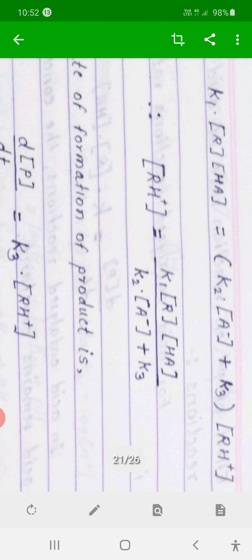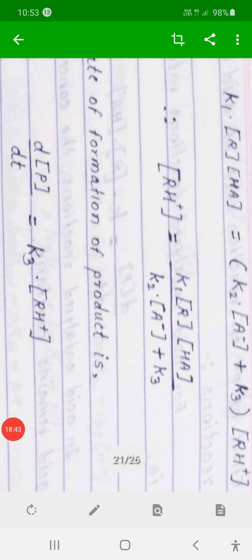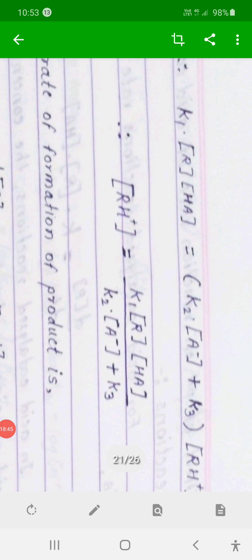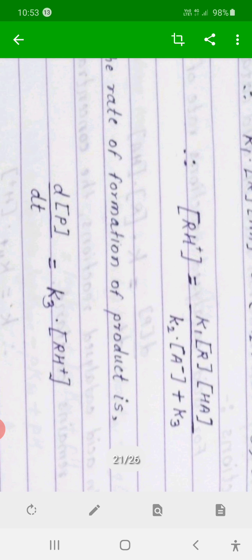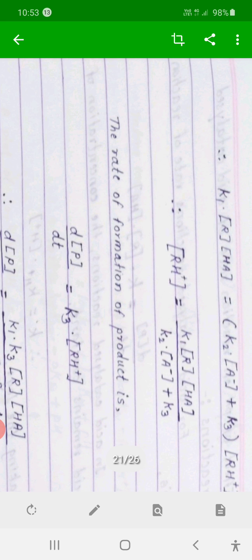Then by rearranging, we got concentration of RH is equal to K1 into concentration of R into concentration of HA upon K2 into concentration of A minus plus K3. Here concentration of H2O is excess, therefore not necessary to consider. Then substituting this